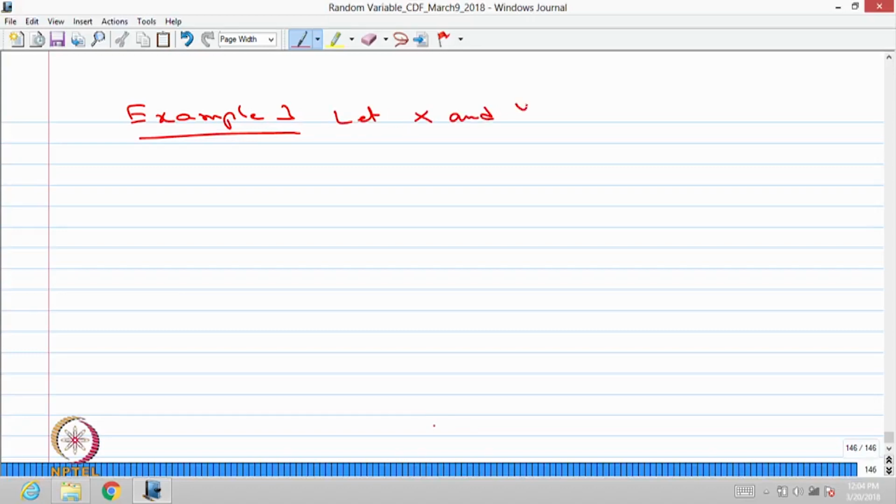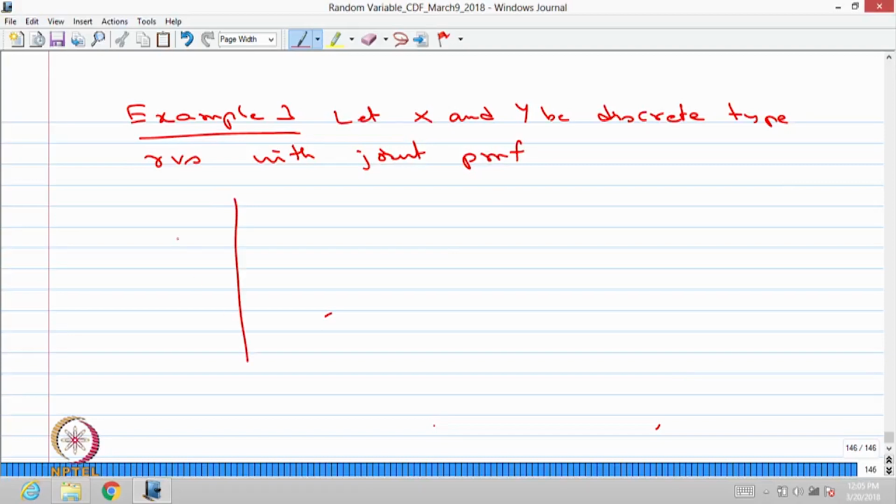Let x and y be discrete type random variables with joint probability mass function given by, if you recall, the same problem which we discussed in the last class. The possible values of x are 0, 1, 2, 3 and the possible values of y are 1 and 3,